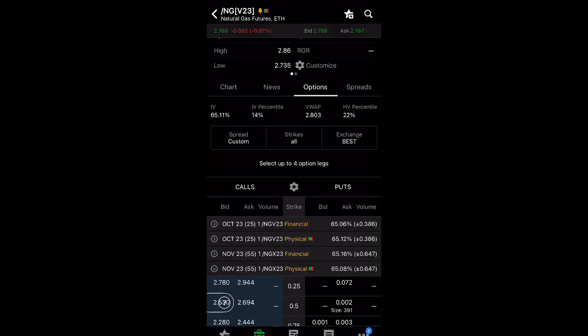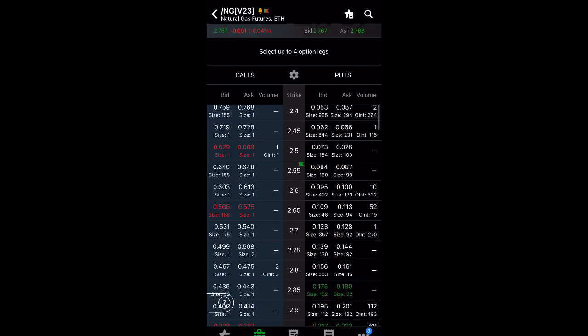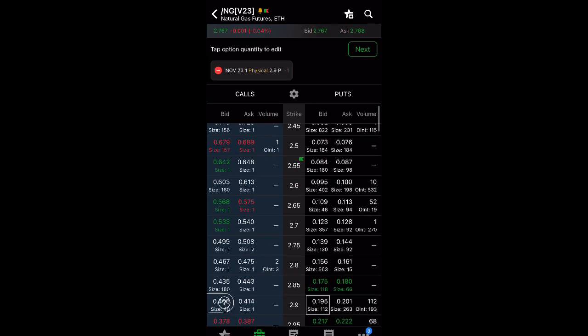So today I'm going to go ahead and place a trade. We're going to place a put credit spread. I'm placing a put credit spread because it limits my downside, but also it limits my max profit, which is fine. So we're going to do the November 23 expiration, which expires in 55 days. I also have one put credit spread already placed, but I'm going to place another one today. And this time I'm going to go to 2.9 and